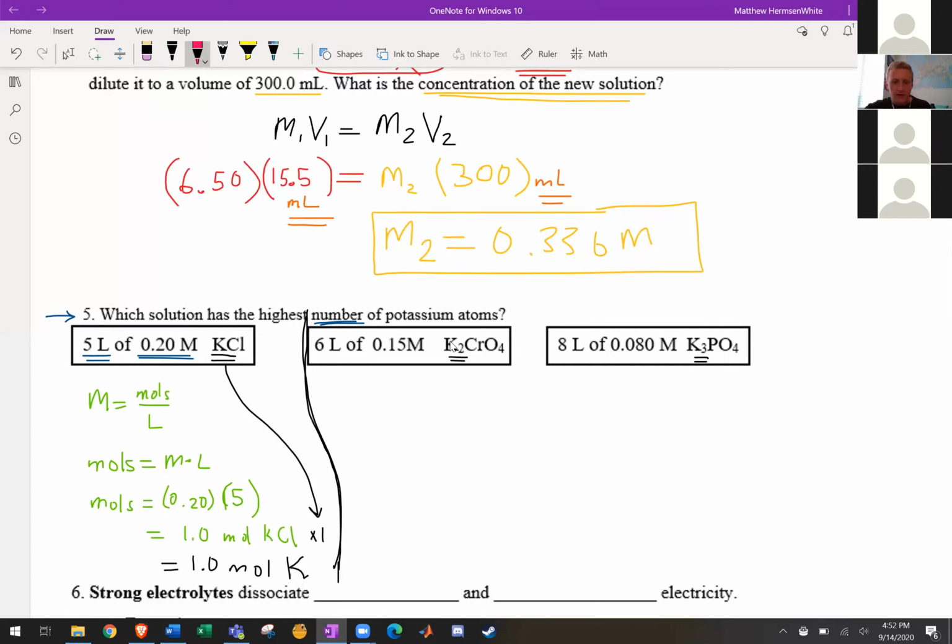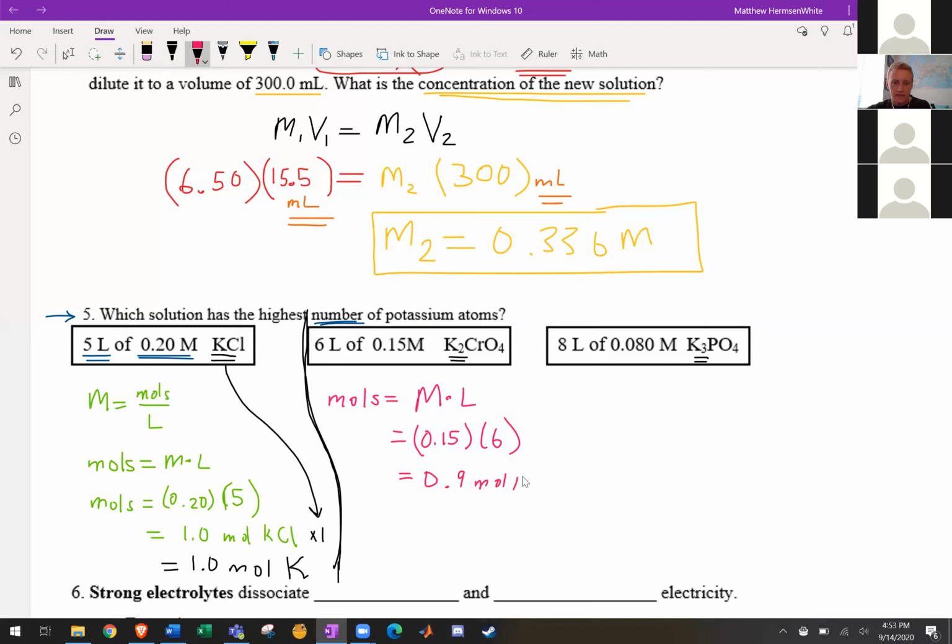Okay, let's continue on with number 5. So the same thing for each of these. We're going to take the molarity times the liters, and that's going to give us the moles. So let me just write that again here. So the moles is going to be equal to molarity times liters. So that's going to be 0.15 molar times 6 liters. And that's going to give us, let's see here, that will give us 0.9